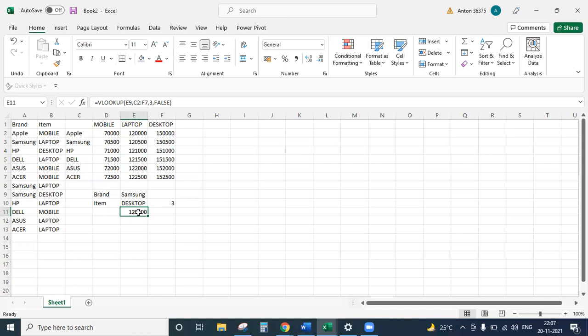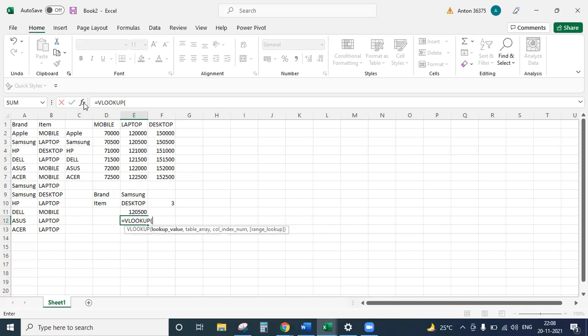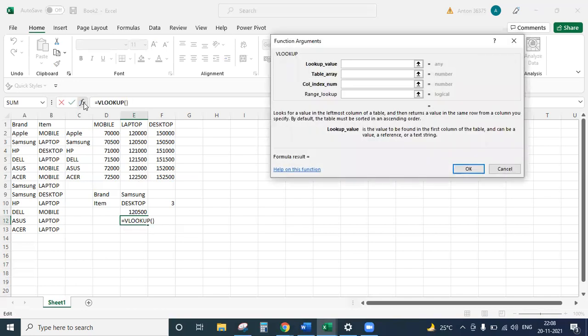Go to the cell below, say equal to VLOOKUP, double click that, FX. Lookup value. What do I want to look up? The brand Samsung. E9. Table array is again C2 to F7.